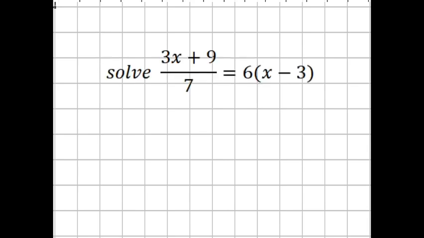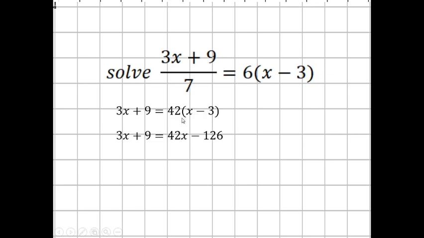Okay, so this is something you didn't answer very well again in the test. Most people got it wrong because they didn't fully answer the question to do with the quadratics, not so much the start, but we'll do linear to start off with. So here, if I want to find a solution, I can make 3x plus 9 equal to 42, just multiply by 7, expand the bracket